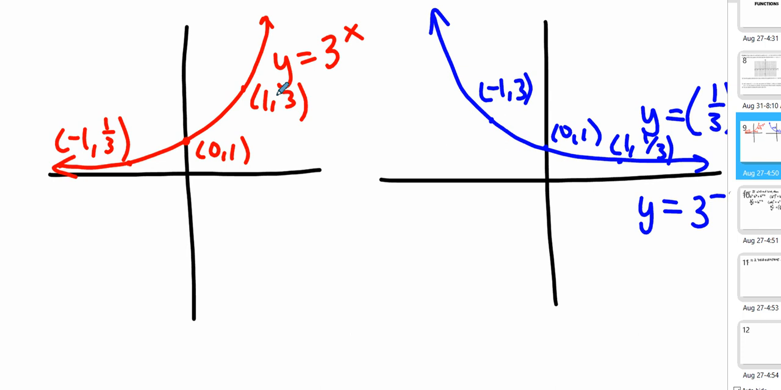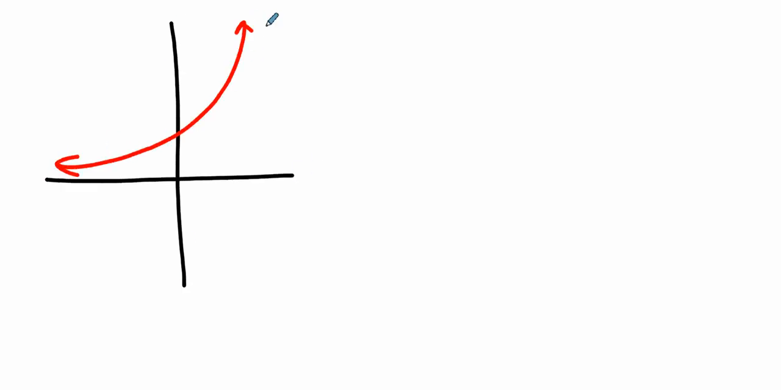Okay. Let's go back to here. This function is 1-to-1. This function passes the horizontal line test all the way up the line. Because this function is 1-to-1, it has an inverse. This is the function y equals 3 to the x. It has an inverse, and that inverse